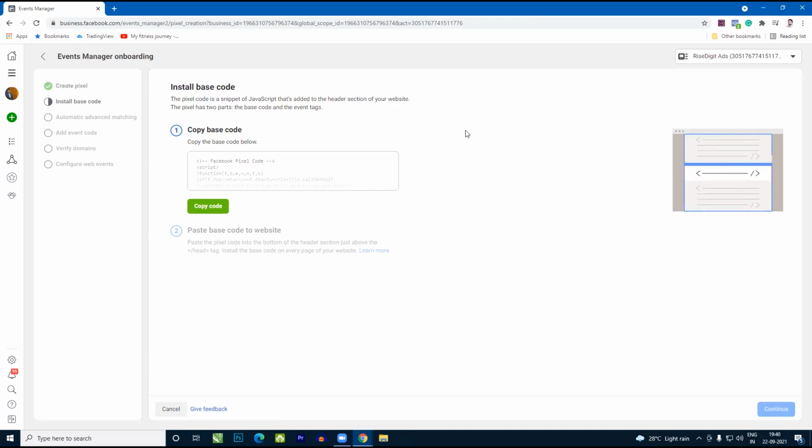So what you're going to do here is these 6 different things today. These are the 6 steps which you need to follow. Number 1 is to create a pixel. If you are a completely new marketer or you are starting up with a new account, then you have to create a pixel. Then you have to install your base code on your website. There are different ways of doing it, obviously. I'll talk about all these things in this video.